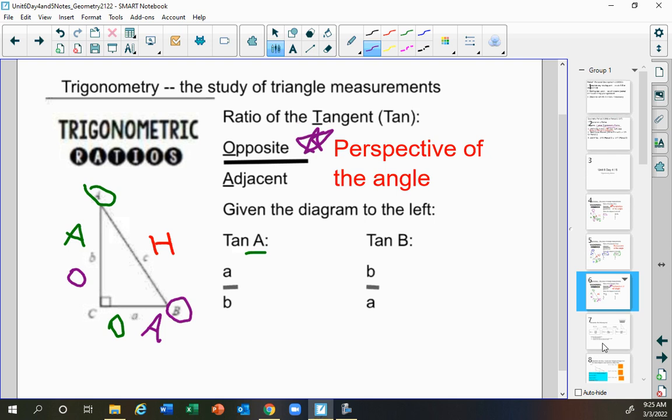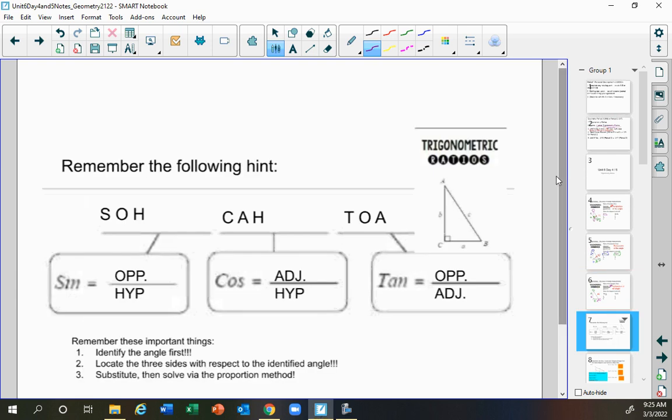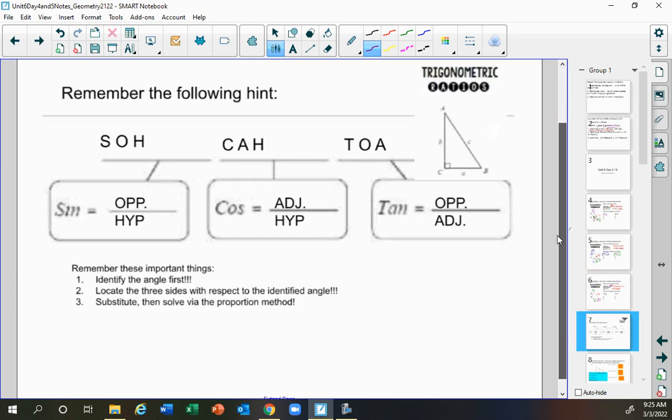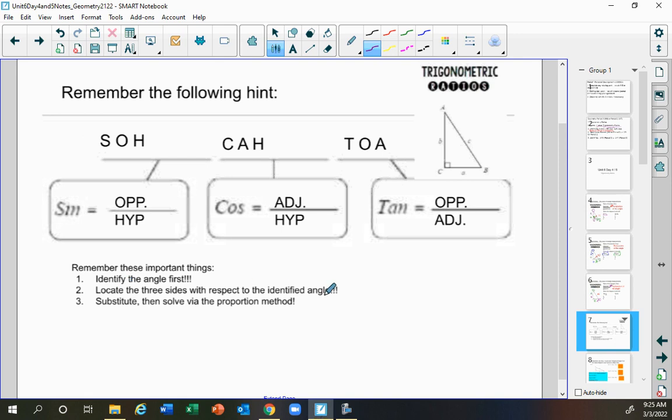All right, then the following slide is basically, and then in the end, we're going to solve by way of the proportion method, which really depends on what's given to you. Because sometimes what's going to happen, and I'm going to show you something on your calculator in a little bit, when dealing with these types of problems, what you're going to have to do,